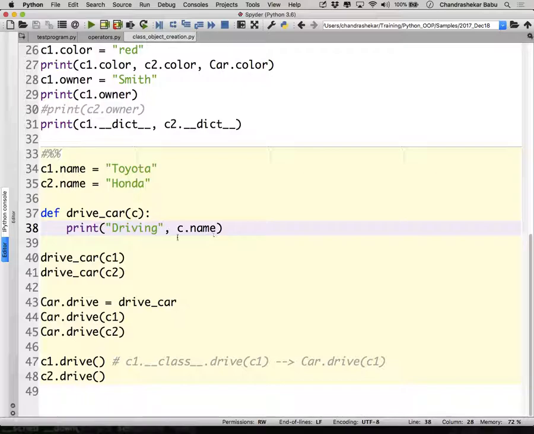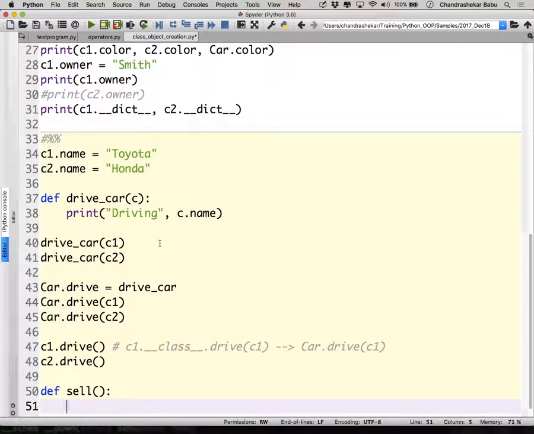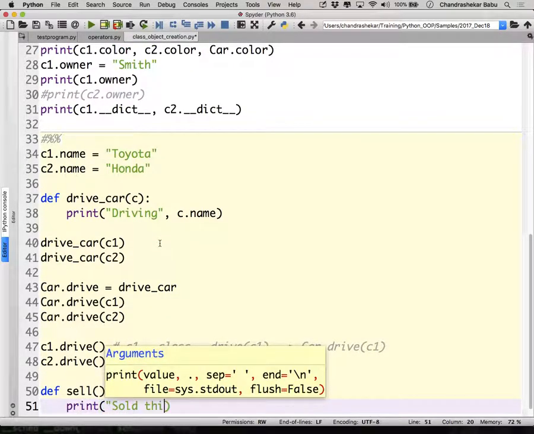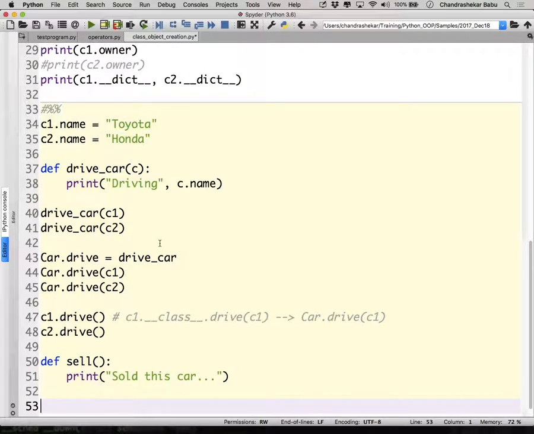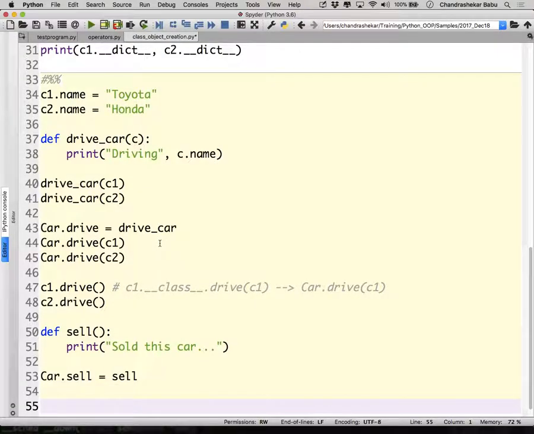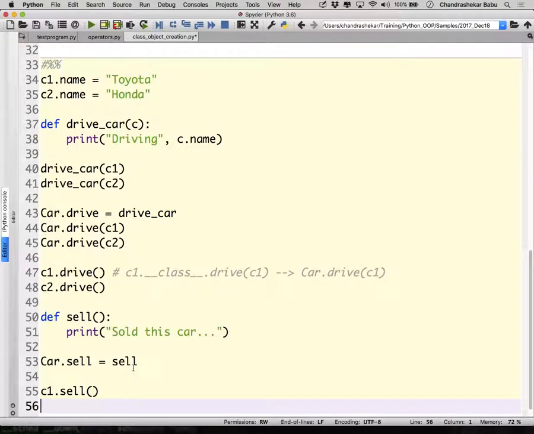What if I have a function called sell, which takes no argument, print sold this car. And what I'm going to do is I'll say car.sell is equal to sell. Like I did, right? Car.drive is equal to drive_car. I say car.sell is equal to sell here. For c1.sell, will it work? You know what error we'll get?